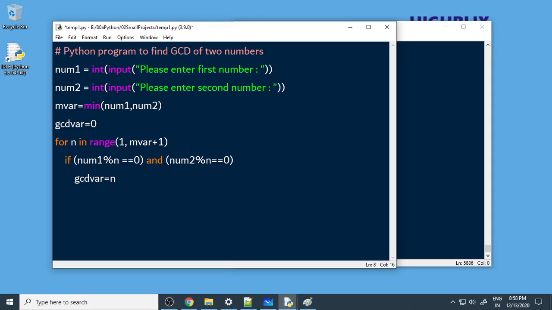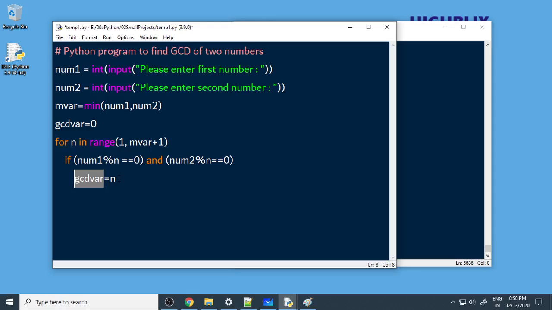So this loop will continue up to mvar. First, second, third, fourth, fifth. So the last one will again be stored to the GCD var. GCD var is the variable that will store the last number. So it stores the first one. After that, the second time the loop comes, if that is true, it will store that one. And the third time it comes, this value again will go to the GCD var.